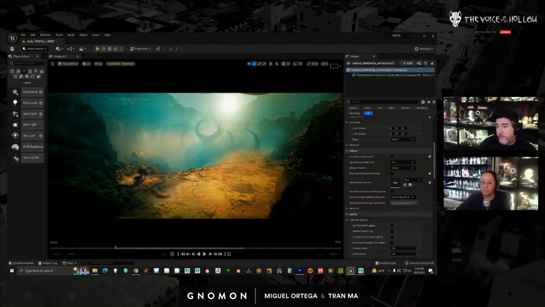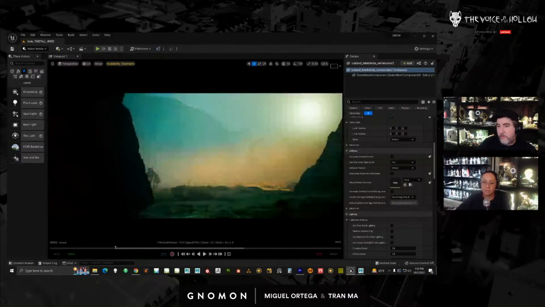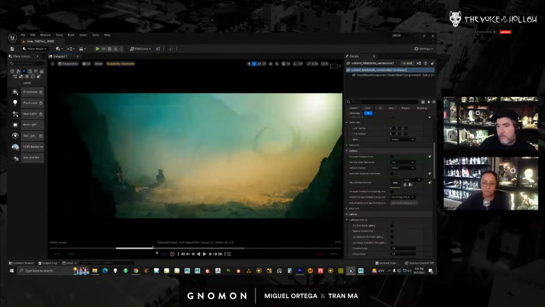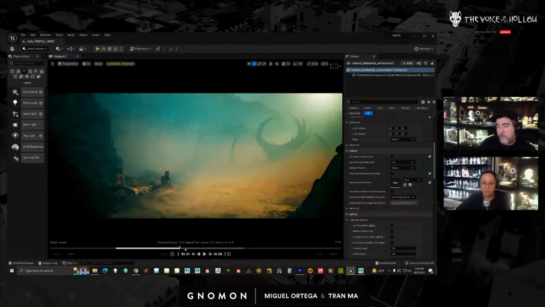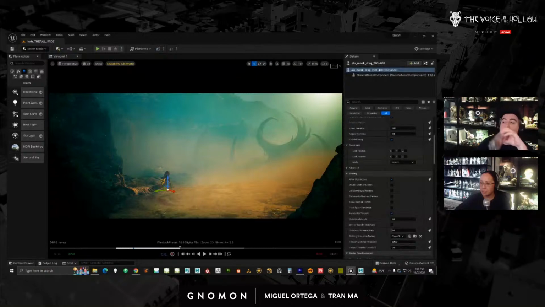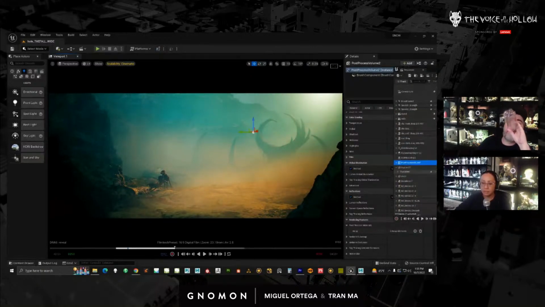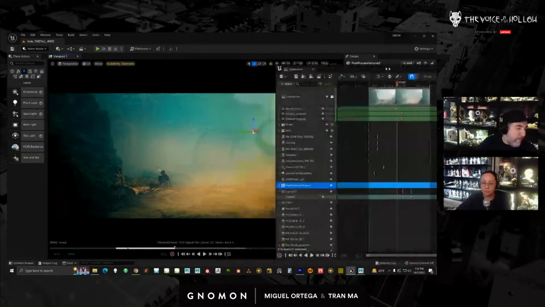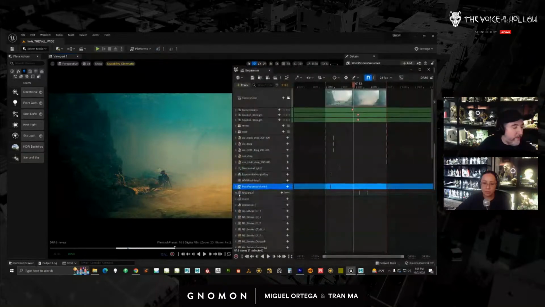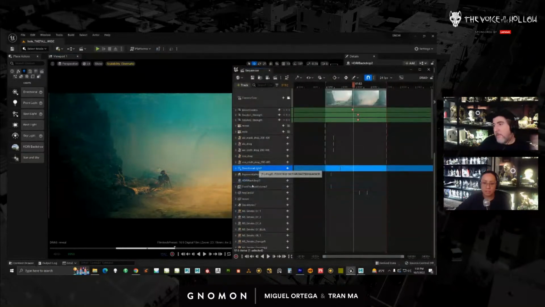So here, I just loaded a sequence. Let's pop into the camera. Once I set up a shot, I then will make it more dramatic. All my maps have kind of even lighting, slightly less dramatic. And then when I set up a sequence for a shot, I will have my post-process and basically everything in here.